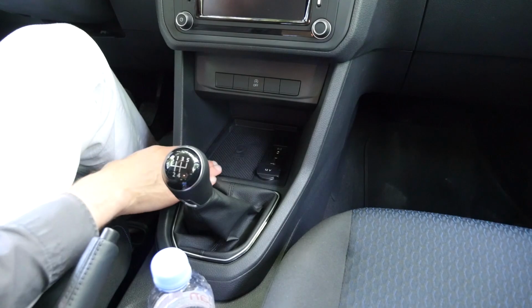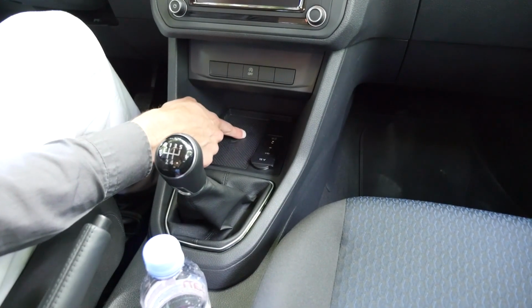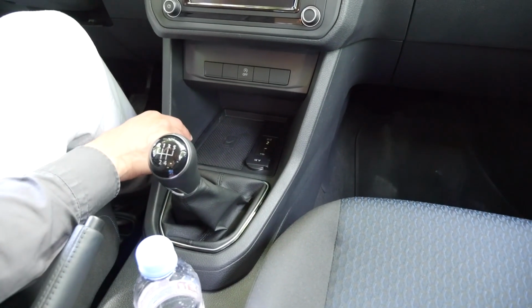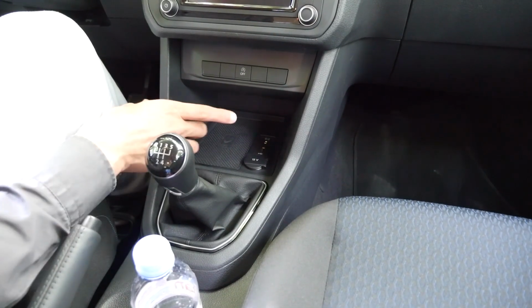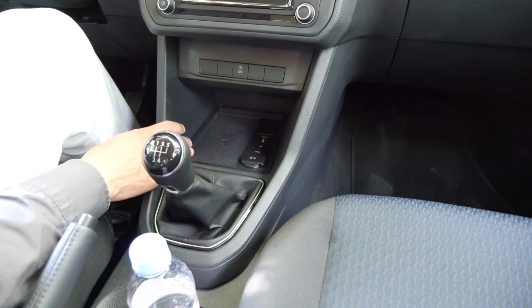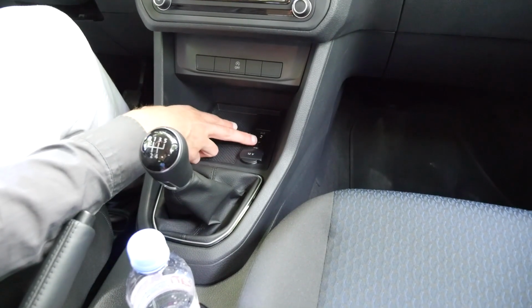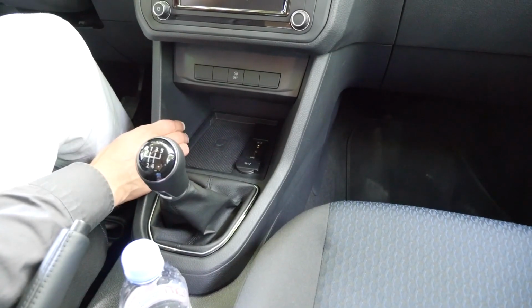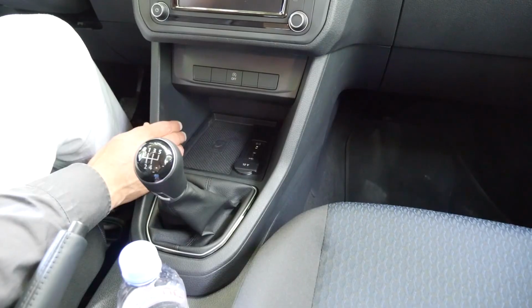Then in the front here, there's a special place for your smartphone. Also this symbol tells us that when I put my smartphone here, the connection for the phone is actually then transported via the car antenna. That's actually a quite useful function to have an even better quality, for example. There's also an aux in and a USB port. Finally, a direct USB port to load some stuff, also to put an MP3 USB music stick in here and